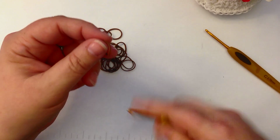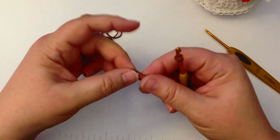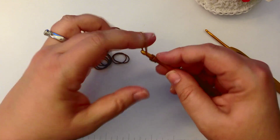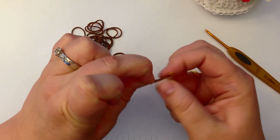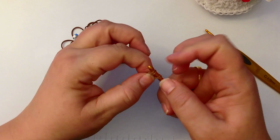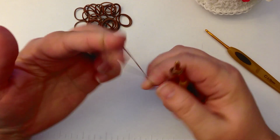I'm going to use a bigger hook. Wrap it once, twice and 3 times, and then we're going to cap our bands. So do a figure 8, loop it on itself, slide that on, reclaim the other end like that. Okay, so these are going to be capped bands. These are going to be looped on themselves. Single,